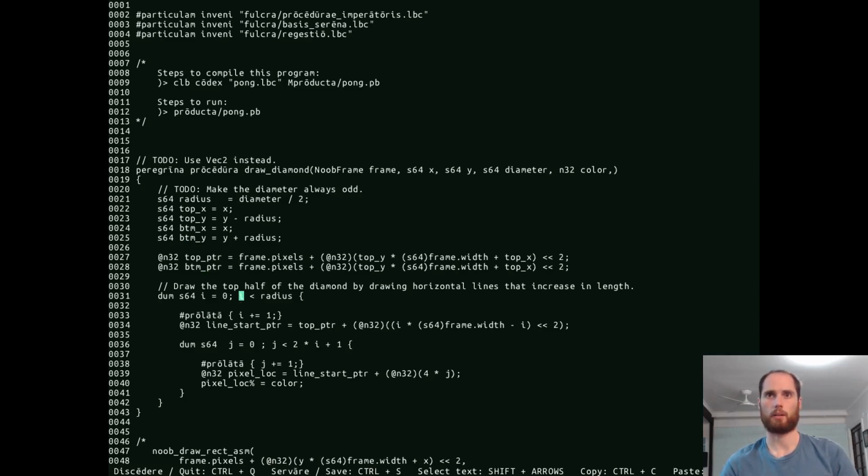And then, yeah, the bottom pointer is just the line above, but with the string replacement. And then,